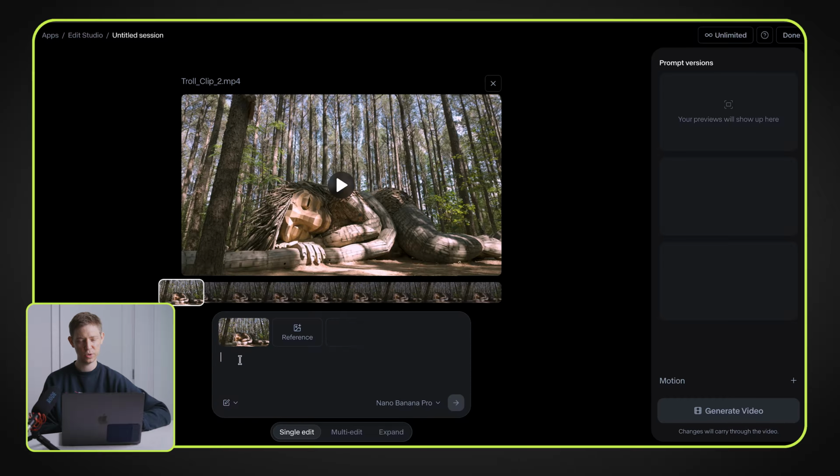And I thought it would be cool to place this scene in a snow scene, right? I am in the south and we don't get a lot of snow, so I thought it'd be really cool to see what these trolls would look like if they're lying there in a snowy forest. So we're just going to put in the caption, create a snow scene. A very simple caption, but I think it is going to allow it to take that image and really capture